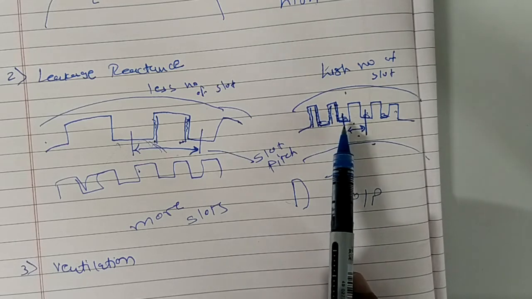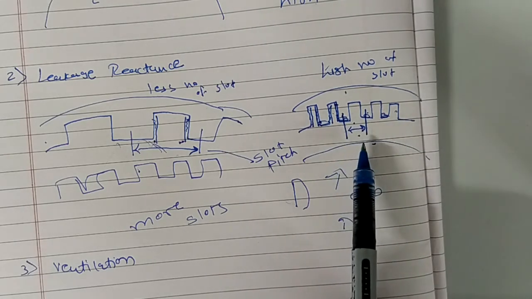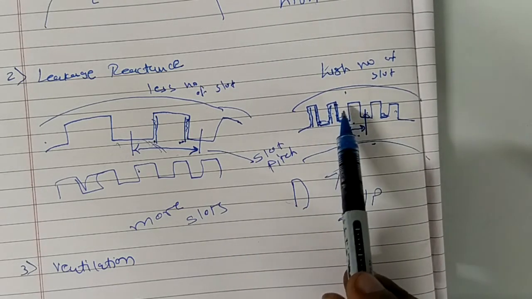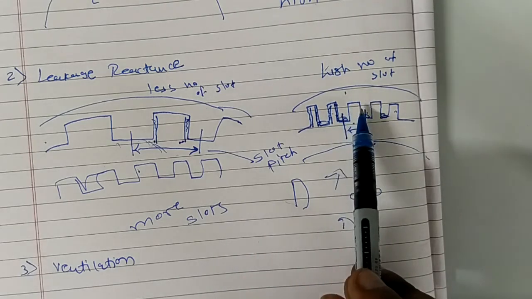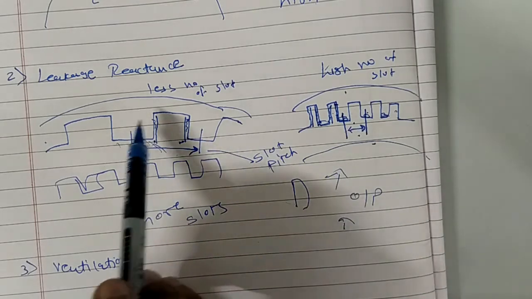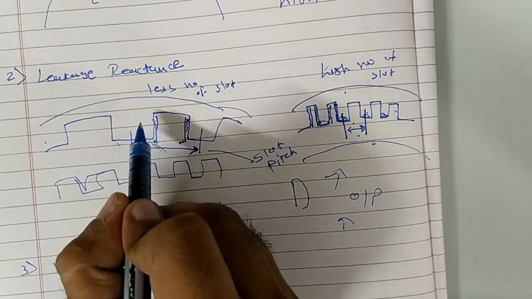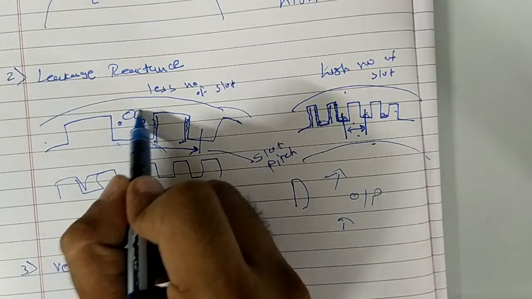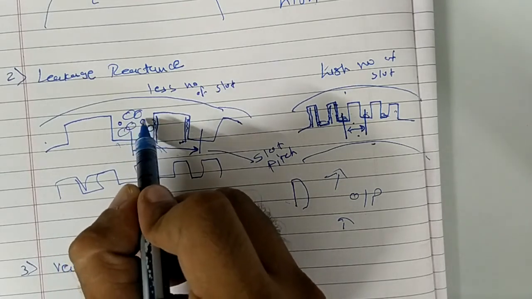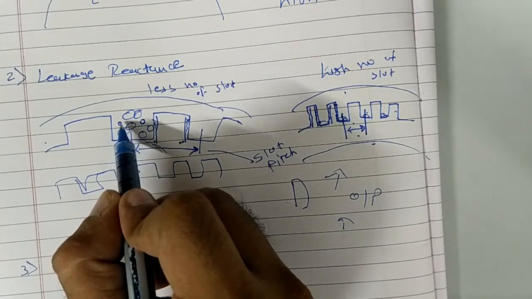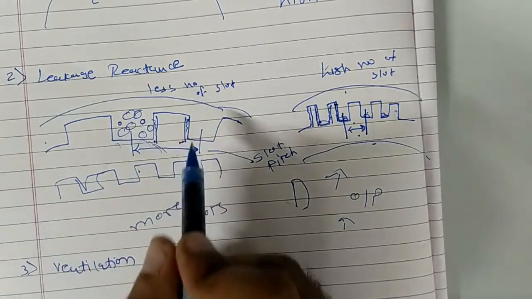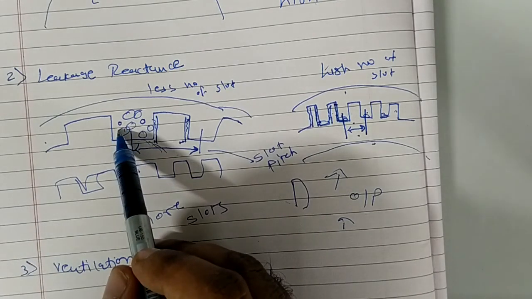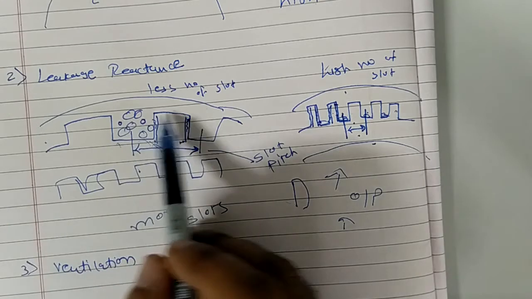So it is difficult to provide ducts inside the stator. Ducts mean some hollow area through which the air can circulate and cool down the machine, or provide ventilation. See, over here the area is bigger, so I can provide some duct. Conductors are already there, but I can provide some radial ducts like this, so that air can circulate through it. In larger machines there is also provision of hydrogen cooling or water cooling, and they can cool down the stator.